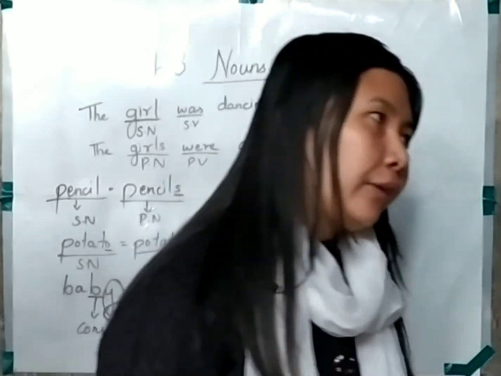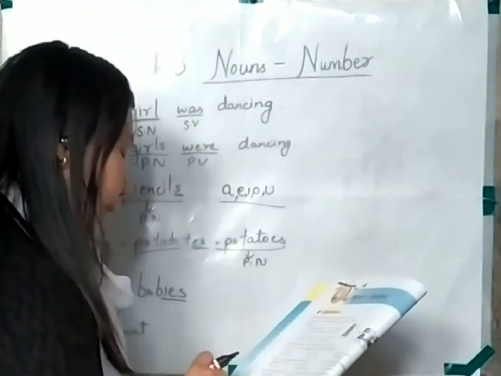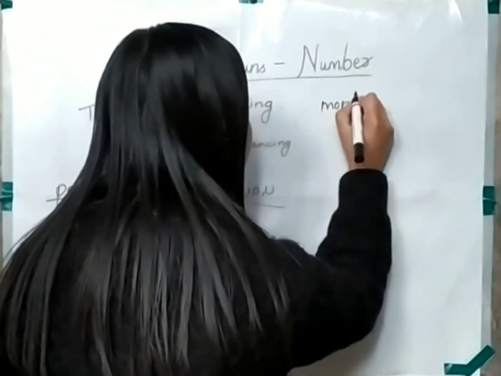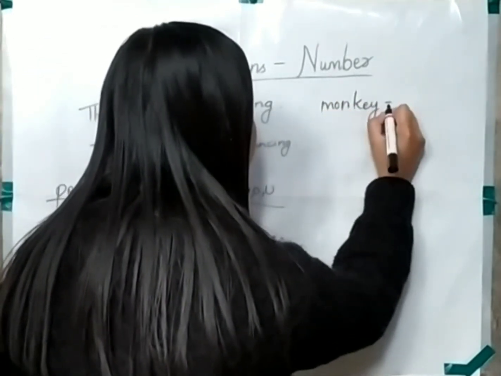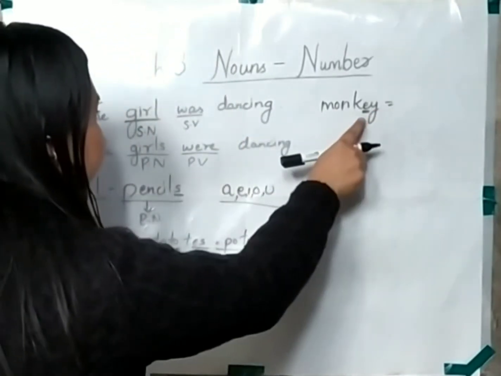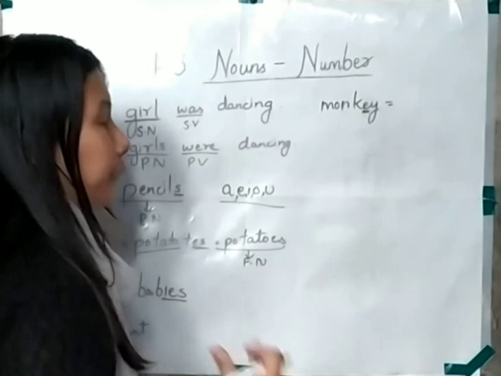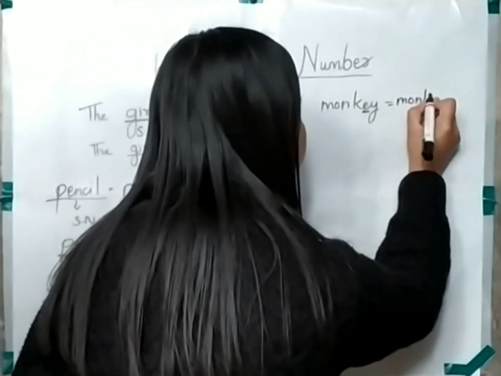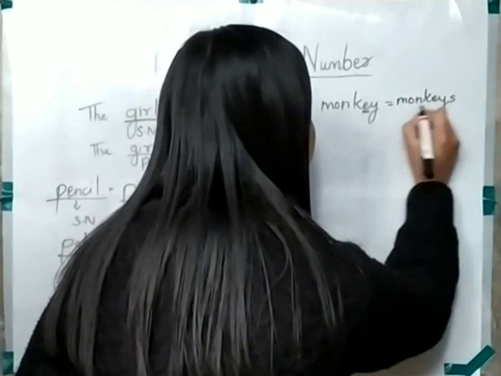In the next rule you can see, but some nouns that end in vowel plus y, we add s to make their plural. So if there is a vowel plus y at the end, let's take the example of the word monkey. Over here you can see e plus y, e is a vowel, so vowel plus y. In such a case, how do we form its plural? We simply form its plural by adding s behind it. So in some cases this is applicable.